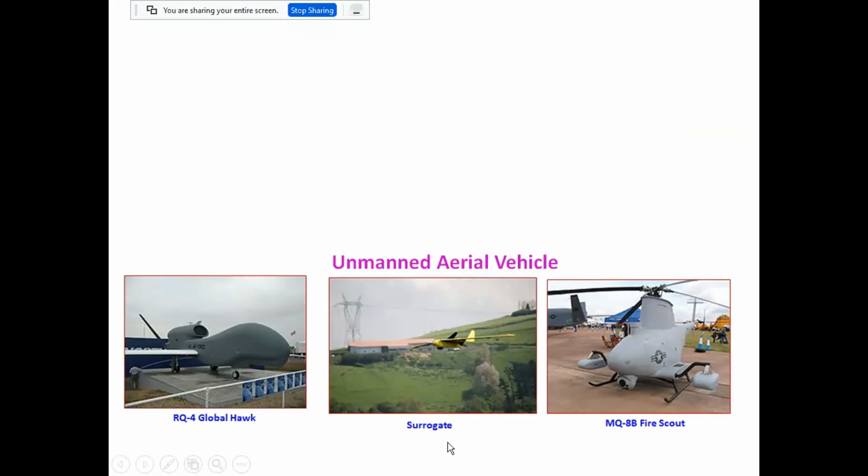Then the surrogate operated vehicle. Then the MQ-8B. This vehicle is used for most things. Most of them are fixed wing. You'll see here fixed wing. This is rotating wings. All types of robots, in the form of borrowed nature, are used for explorations. Correct? Now we'll see the